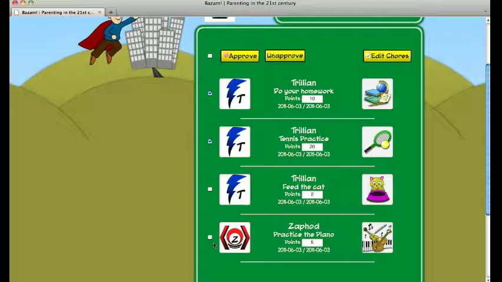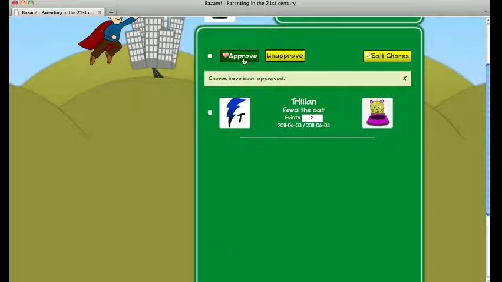Then Zaffa practicing the piano, I was there and heard him practice, so I'm going to go ahead and check that off. Once I've gone through the list and picked all the ones that I can confirm were completed, then I click the approve button, which marks them all as approved. The points at that point are added to the respective user's point tally, and then they can use those points to